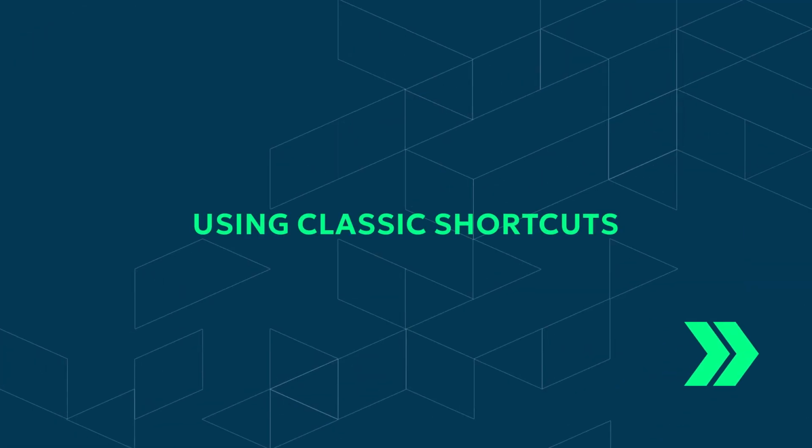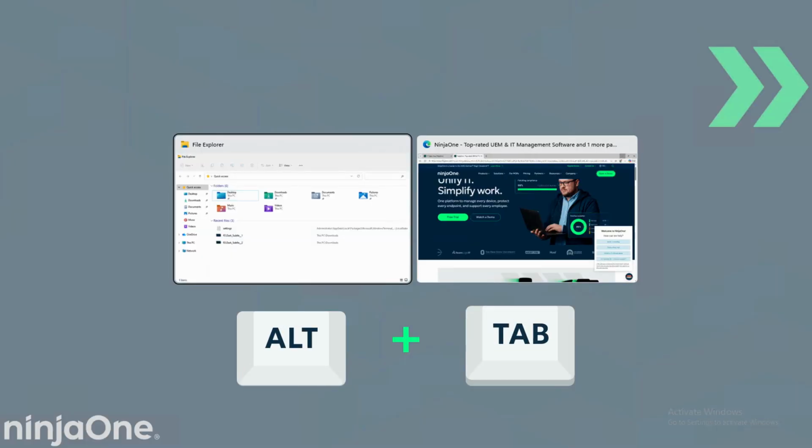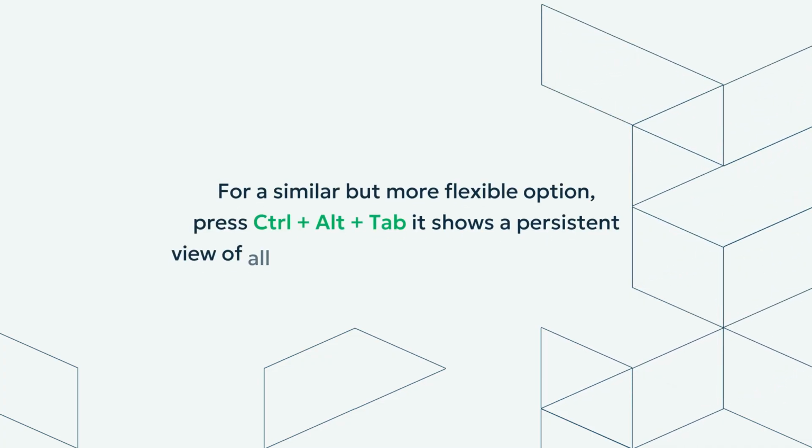Three easy ways to switch between open windows in Win 11. Using classic shortcuts. Alt plus Tab is probably the most familiar. Hold Alt and tap Tab and you'll see live previews of every open window. Keep tapping Tab until you land on the app you want, then release. If you want something similar but a little more flexible, try Control plus Alt plus Tab. Instead of holding keys down, this shortcut gives you a persistent view of all open apps,